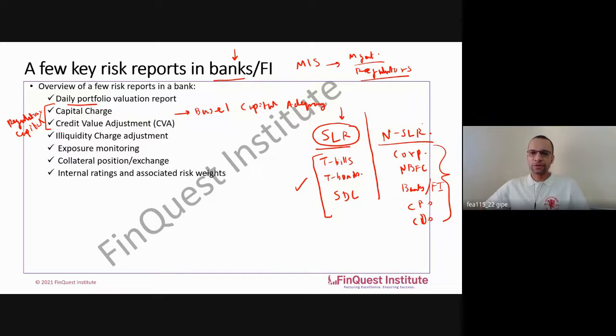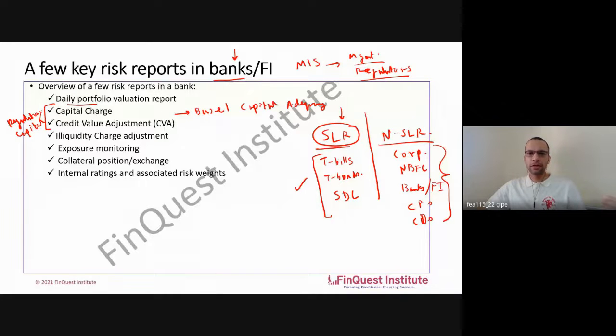Yeah. So for a few securities which are not liquid enough, there is an illiquidity charge which gets calculated. This is also what we call a capital provisioning which is done. Now, the capital provisioning will try to answer the question that if I have an illiquid security which I want to offload tomorrow, then what is the cost that I have to incur for that? Because there will be a liquidity impact, right?